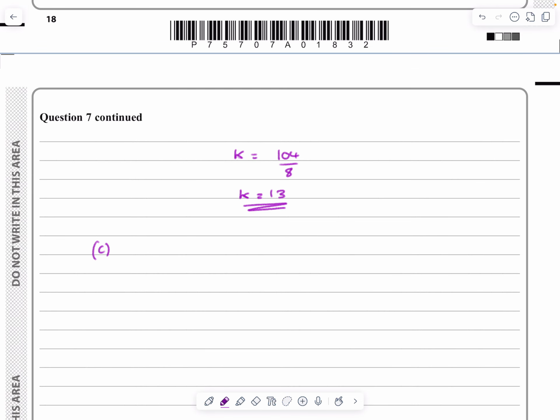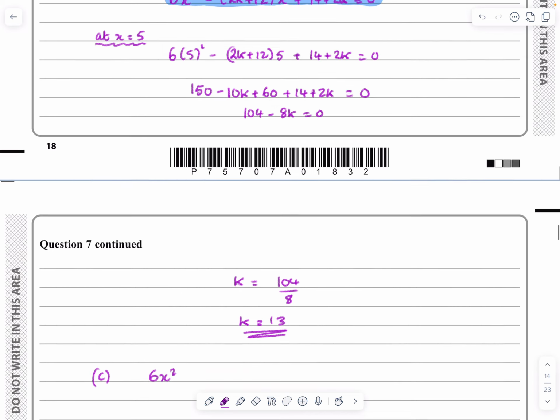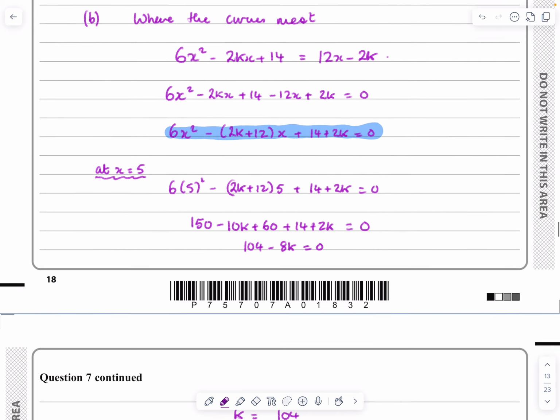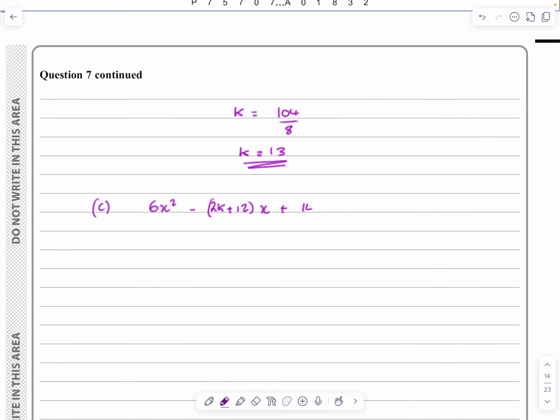So my quadratic was 6x squared minus 2k plus 12 times x plus 14 plus 2k equals 0, but I know that k is equal to 13. So if I put k equals 13 in there, I'm going to get 6x squared, I'm going to get minus 38x there, and I'm going to get plus 40 equals 0. So what I need to do now is to solve this quadratic, and when I solve this quadratic,